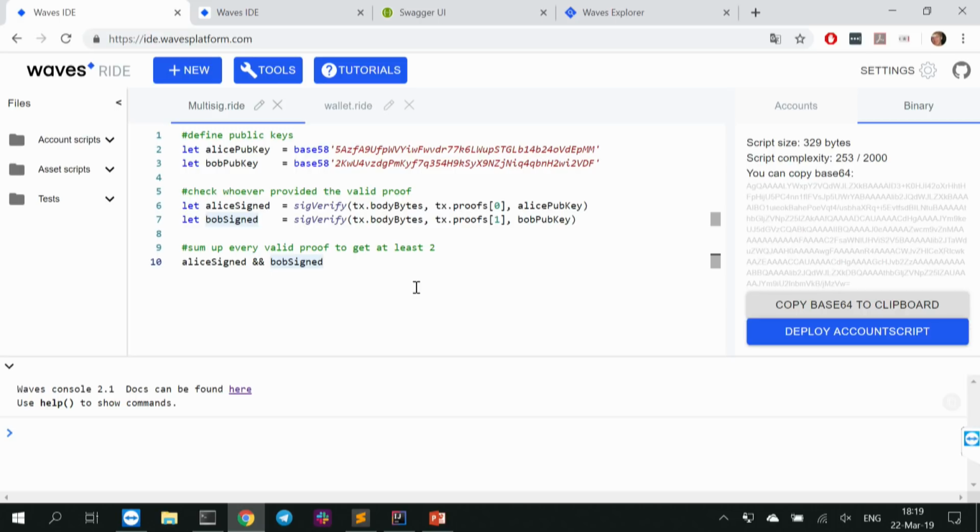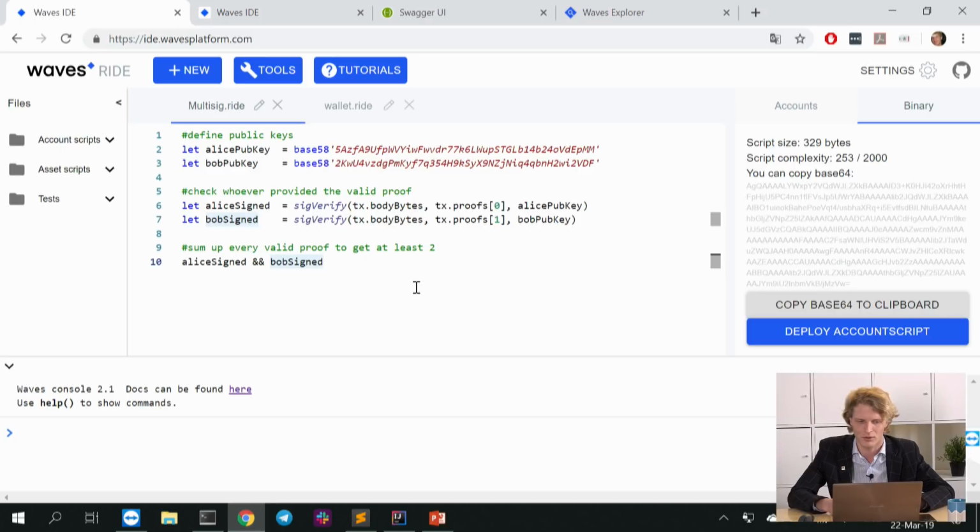For example, if you want to check a 2 of 2 multi-signature, and one signature is incorrect, there is no need to evaluate the second expression. Or you don't need to go out and read some blockchain data, which is a very costly operation for the node. And that was one of the aspects. And if you look at, for example, our multi-signature example.